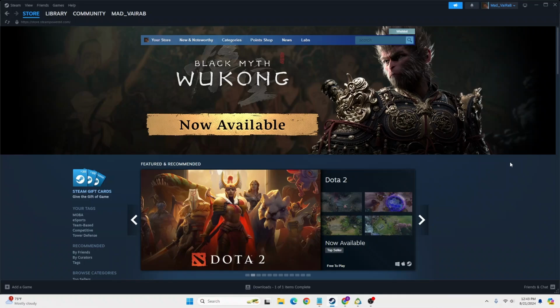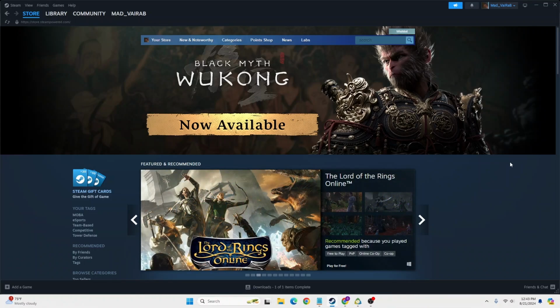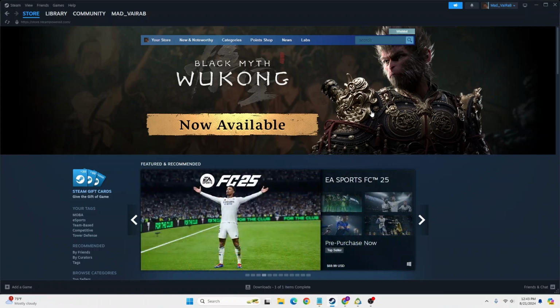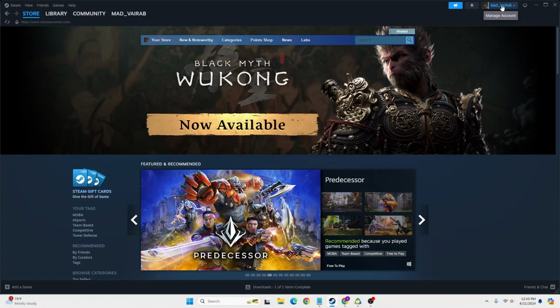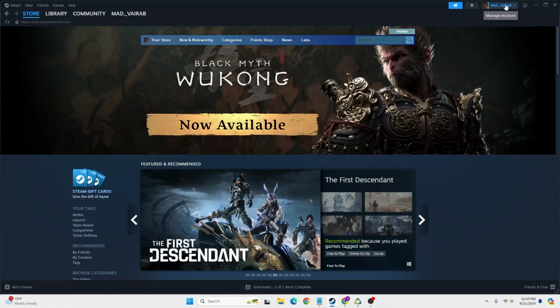Now, to delete your Steam account online on your computer, first open up your Steam app and log into your Steam account. I have already logged into my Steam account over here, and you have to log into your Steam account on this interface. At the top right corner of the screen, you can see a username available for us where it says manage account. If you hover over that, click on your username at the top right corner of the screen on this interface,